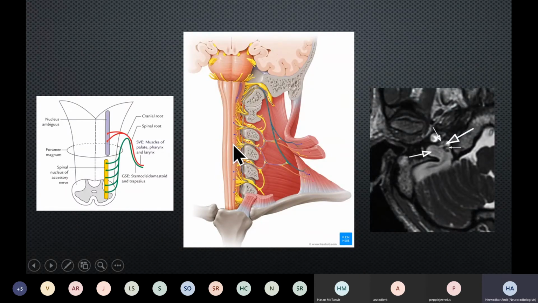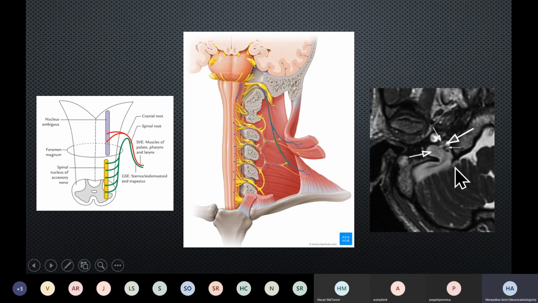So this is a spinal cord, this is the medulla over here, the spinal nerves, the cervical nerves as they come out towards the brachial plexus. But some of these rootlets will join up together, sometimes as low as C7, and then ascend through the foramen magnum, and then join the vagus, join with the cranial component of the accessory nerve, and descend down to supply the